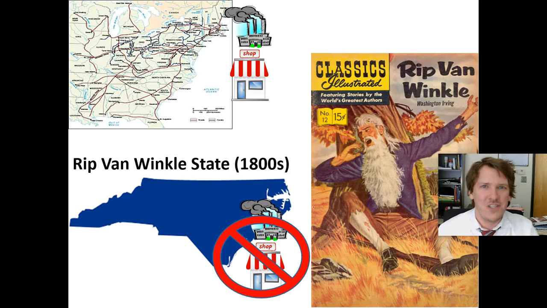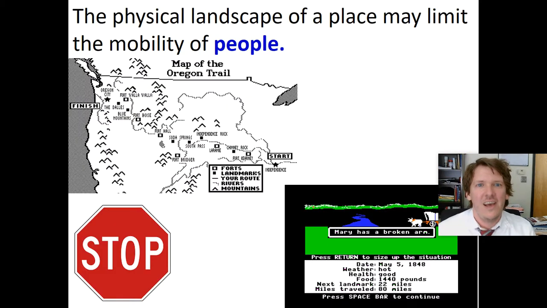So roads, infrastructure, it's a big deal. It's still a big deal today. Physical landscape of a place may limit mobility. It's pretty obvious. Mountains are going to trap people in. They're going to keep people from moving in. And so sometimes when you have mountain communities, people are isolated. They have different ideas, different beliefs, not a lot of business, not a lot of people moving into those areas. I mean, it's just common sense. Physical landscape will limit your mobility.